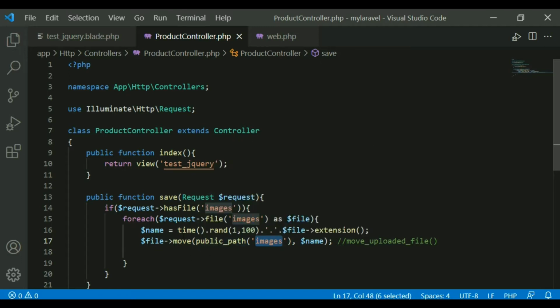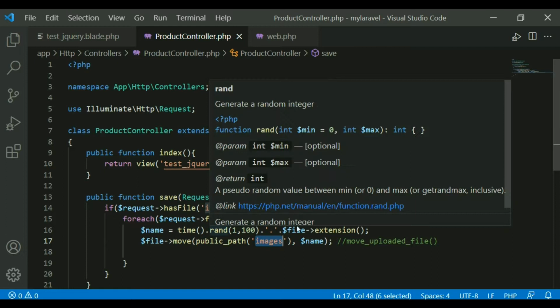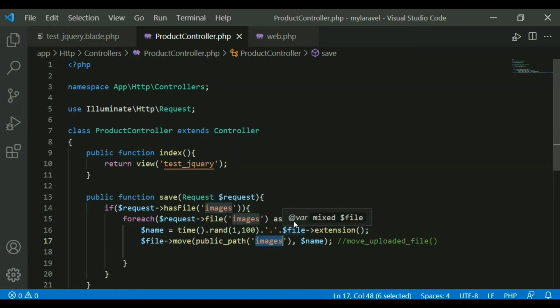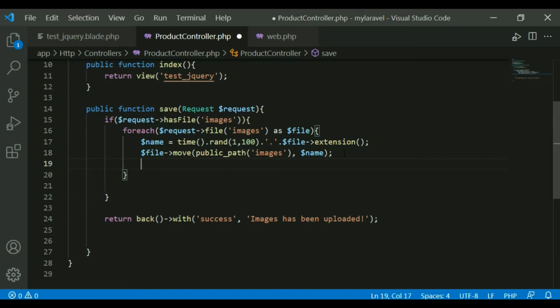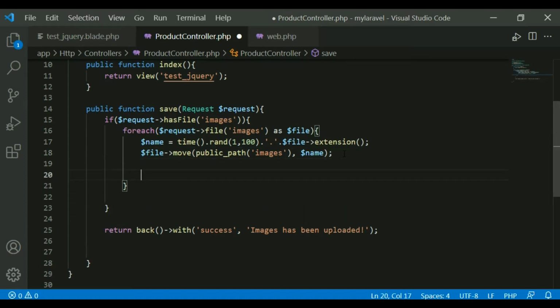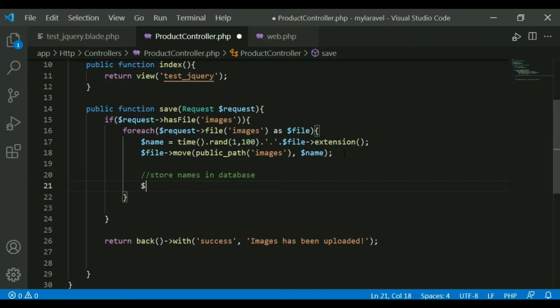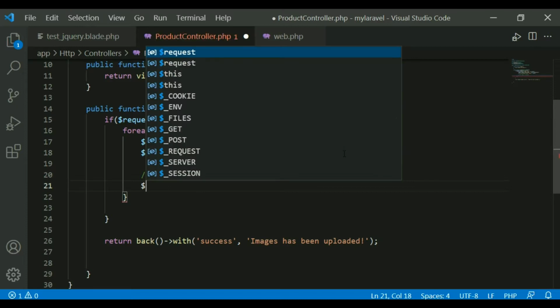I want to store the information in my database. For that, I want to save the file information. What is the file information? The names. Only the names I want to store in my database. For that I have to take help of my model. In the database I have the product model.